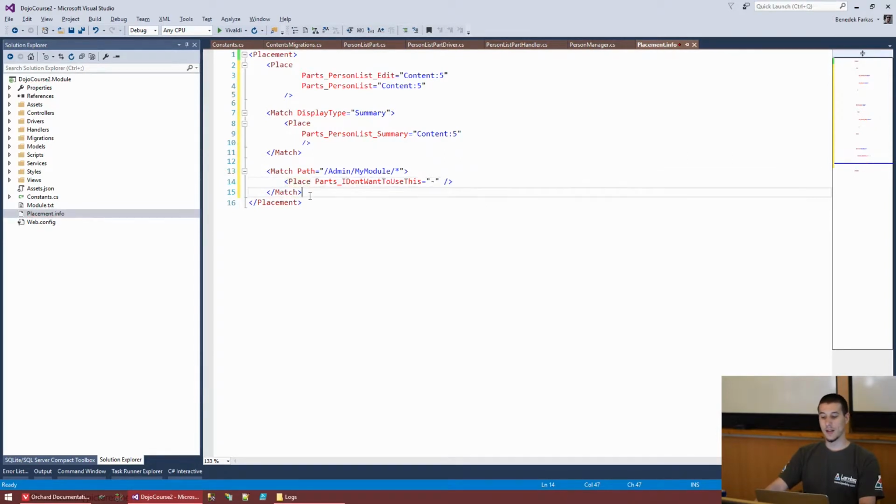So this will mean that whenever I am on this path, /admin/my-module and whatever other route values it has, the shape that is called parts I don't want to use this is never going to be displayed. And the way it's evaluated is that if you have module dependencies, then the leaves or the leaf elements in your dependency tree are going to be stronger than their parents. And that's kind of a natural way to build on the extensibility